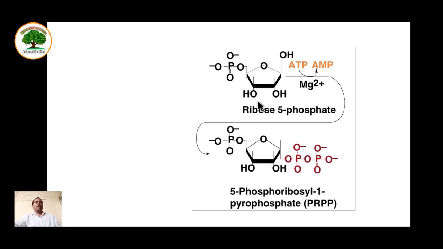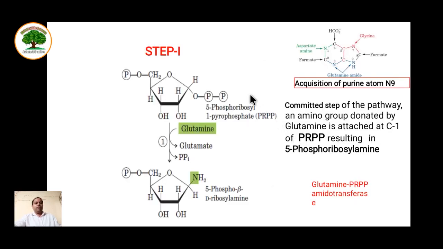So first of all, the ribose 5-phosphate that is obtained from the HMP shunt pathway is activated. It is activated using ATP and Mg2+ ions. You can see here it is converted into 5-phosphoribosyl 1-pyrophosphate, that is PRPP, which acts as the precursor for de novo synthesis of purine. The first step here, you can see the PRPP is present in the first step. You can see the parent structure of the purine here in every coming step, and how the nucleotide is built, so that you can compare here.